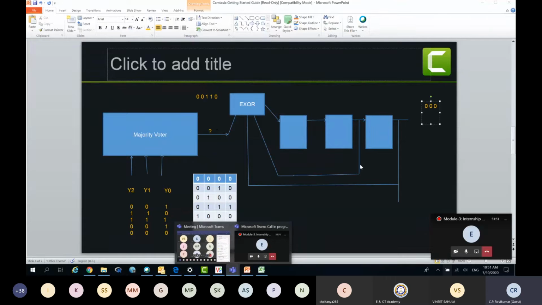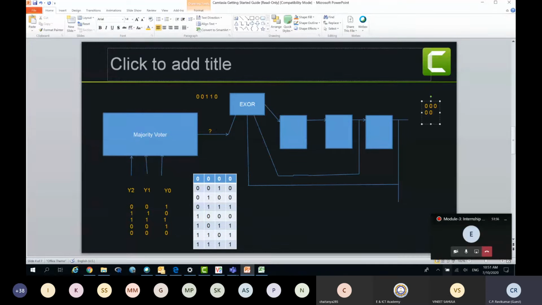I had 0, and another 0 came, so nothing is going to happen. It will remain in the same state, 0. Then I have a 1. So this time the XOR of 0 and 1 will enter here, and these two will shift. And the next one will cause similar behavior, 1, 1, 0. Okay. And the next 0 will cause 1, 1, 1. And the next 0 will cause 0, 1, 1.